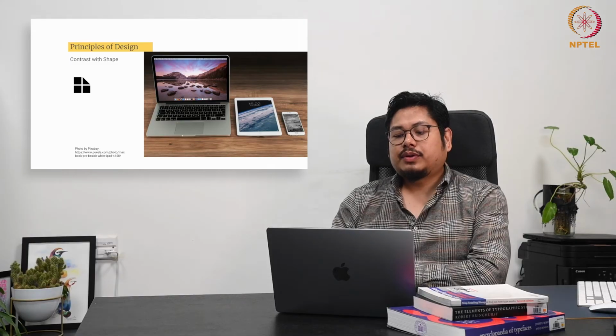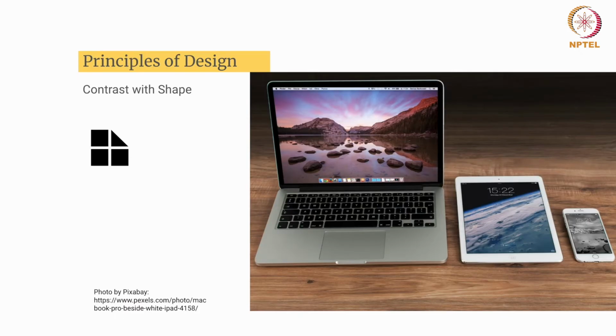Yes, I'm pretty sure you are aware of different products associated to Apple, right? And this is a good example of how the essence of the brand prevails with the representation of similar colors or similar curves where you can see, right? But the overall product is different in nature. So contrast in terms of shape, because of the different features each product provides, right, automatically there is a contrast with shape. But the DNA of the brand always prevails in all the three segments. Okay, so we'll move to the next example.